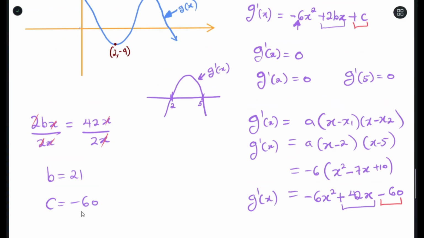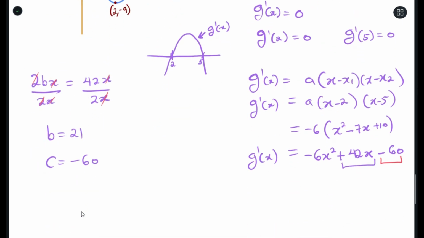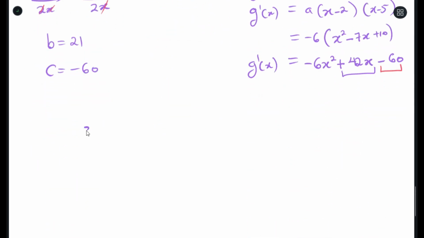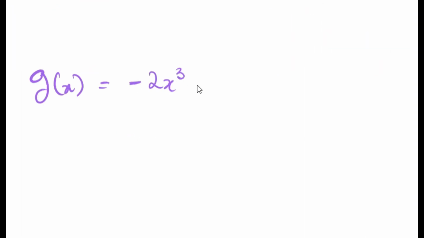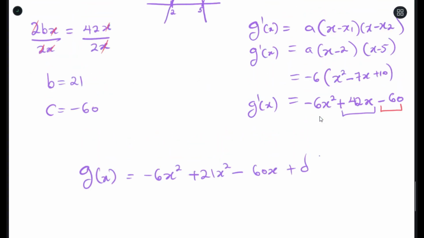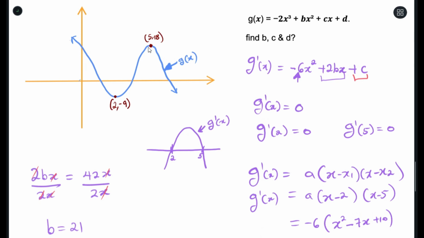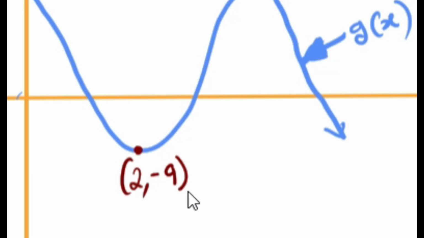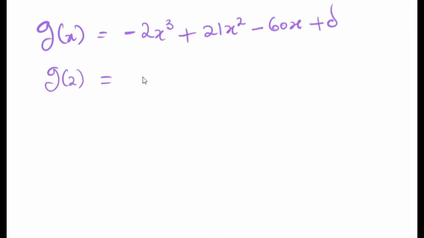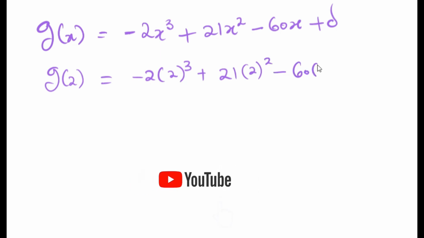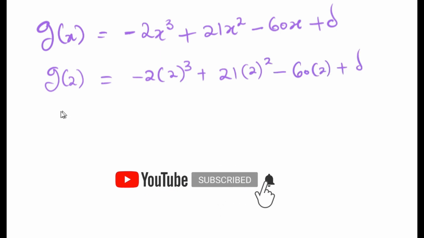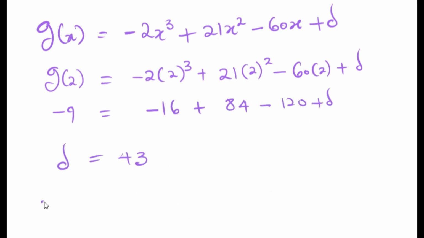We have b, we have c, so what is left is d. So now let's rewrite our equation one more time. To find d, all we need to do is substitute one of the coordinates of our turning points into the original equation. So take, for instance, let's substitute (2, -9) into this equation. So therefore our g(x) would be